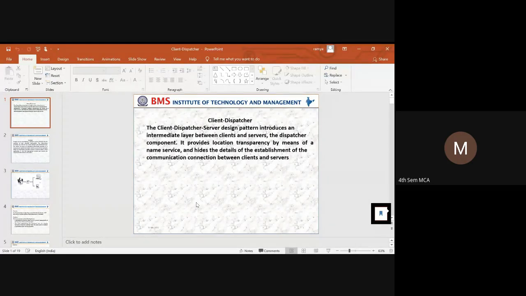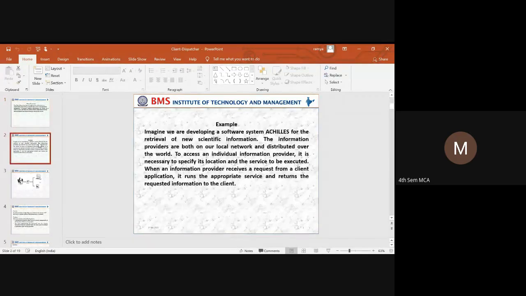Each and every service has to be identified. So to identify and get these services, the server has to be registered with the dispatcher, along with the name of the server and the IP address or the location of the server.